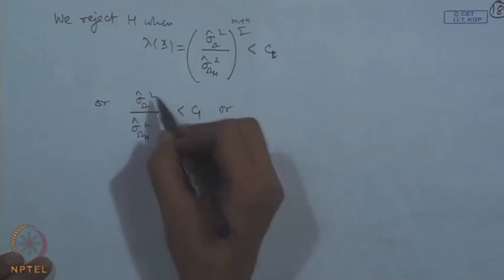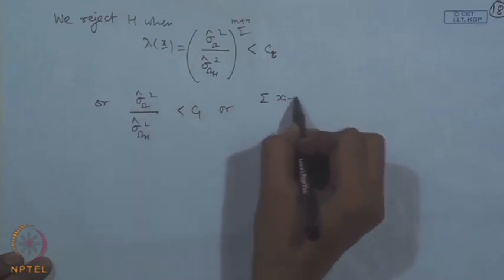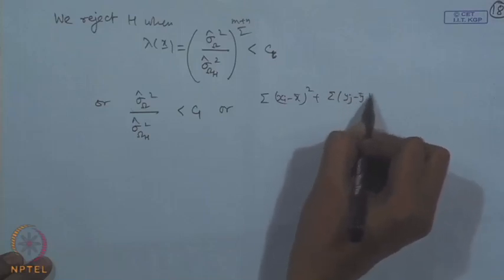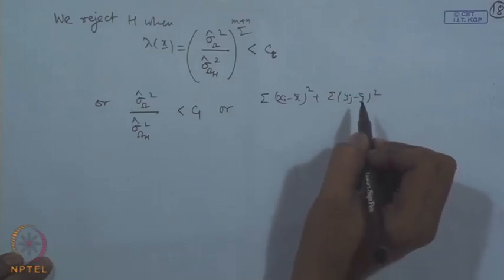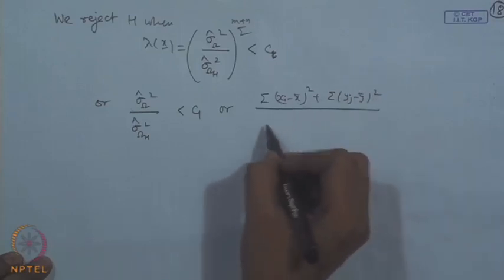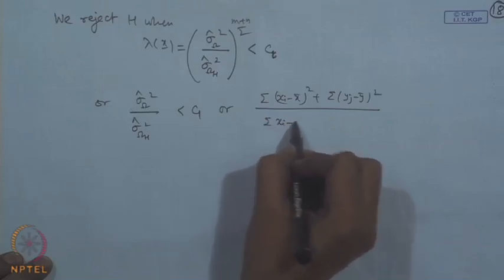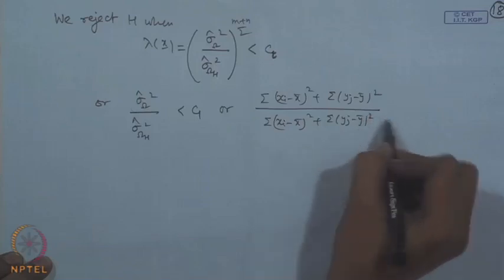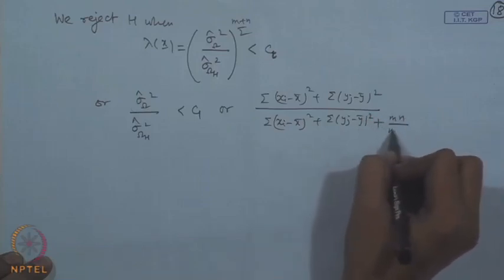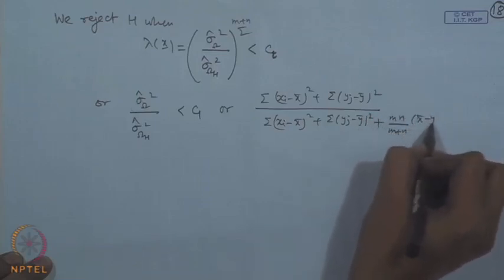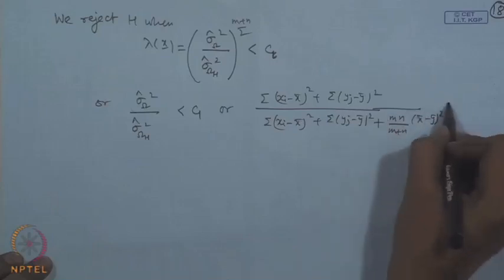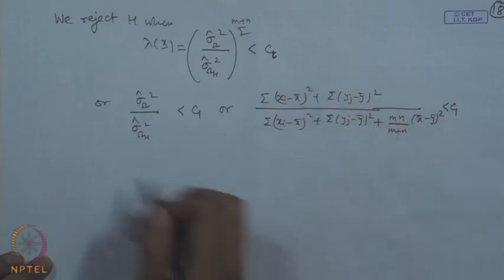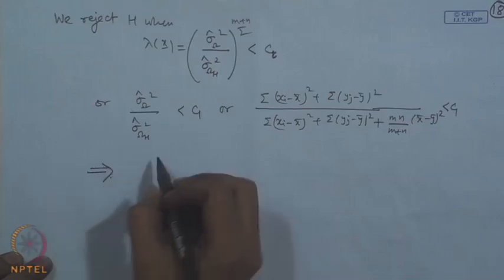Now, we substitute the values here. This is sigma x_i minus x bar square plus sigma y_j minus y bar square, divided by m plus n, and in the denominator then I have sigma x_i minus x bar square plus sigma y_j minus y bar square plus mn by m plus n times x bar minus y bar square. This is less than c 1. You take the reciprocal and then subtract, then this will give us actually